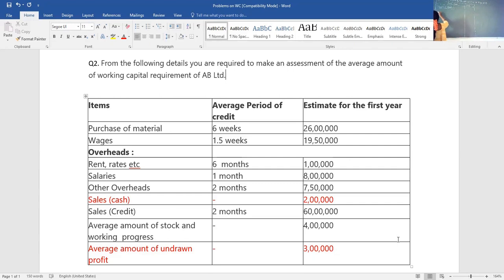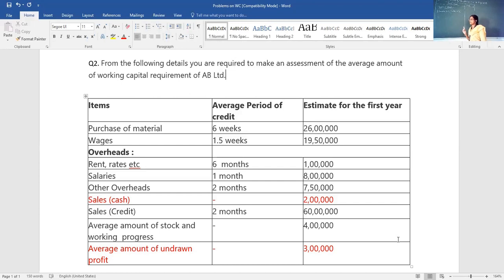So under current assets, what is the first asset that we have to write? We have to make a note of sundry debtors. So sundry debtors, for your understanding, I'm just writing as sales in terms of credit. So again, if you go to the format, sundry debtors will include raw material cost, direct labor cost and overheads cost. But since we are not taking that breakup here because they have given us the sundry debtors value directly, which is 60 lakhs.